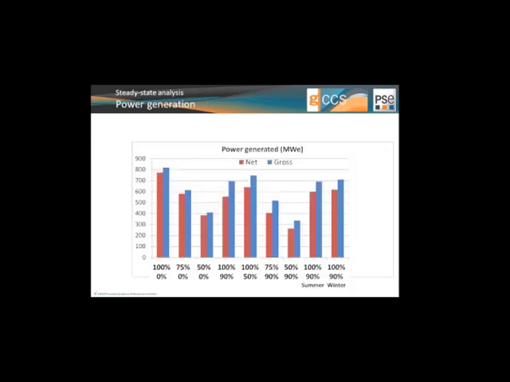Now, in terms of power generation, here we can see the results for the first 3 cases, which are for the standalone power plant, and then we have the different cases for 90 and 50% capture at 100% load, then the part load scenarios, and finally the summer and winter conditions. What we can see here is that there's a difference, obviously, between the net and gross power generated. The delta results from the coal milling and the power plant auxiliaries.